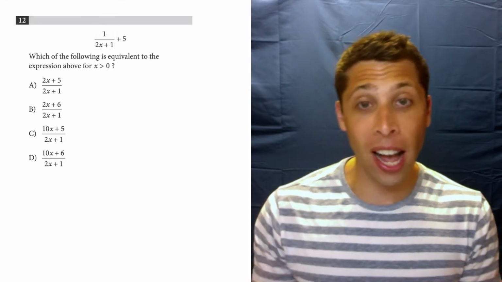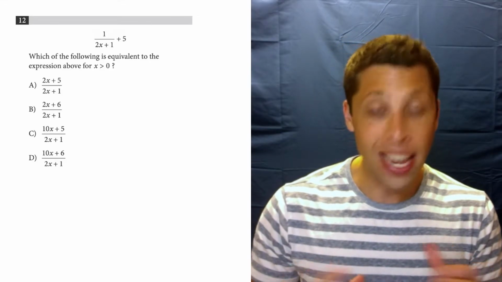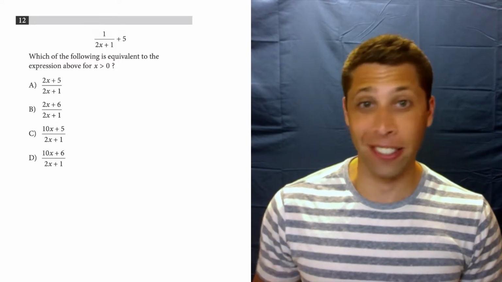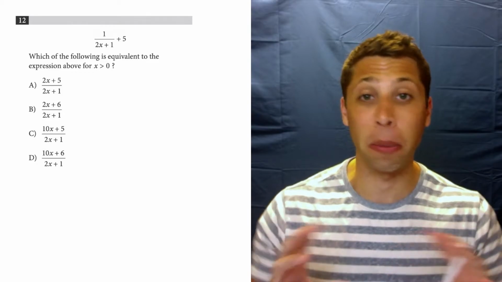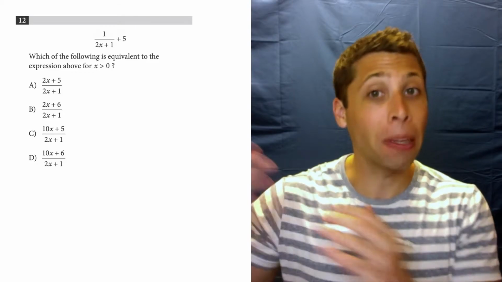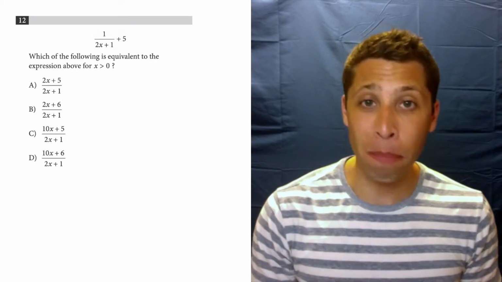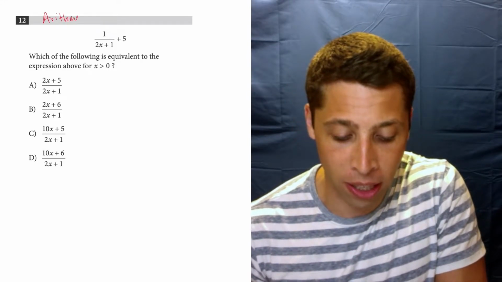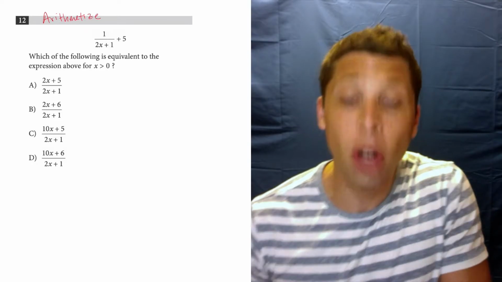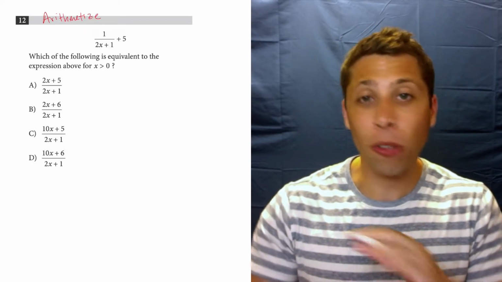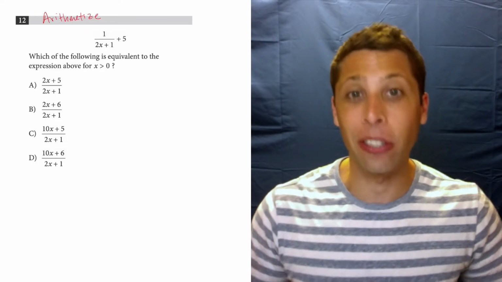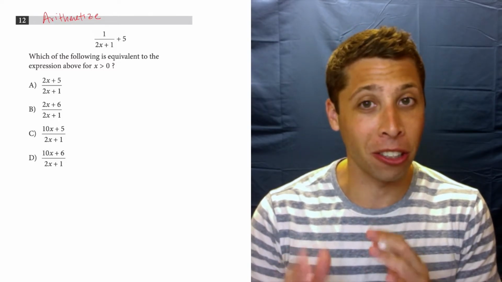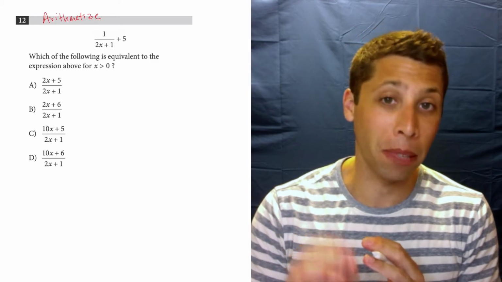So the first thing I notice is that the x's don't matter, right? There's x's in the question, there's x's in the answer choices. The x is just a placeholder. And so we can replace the placeholder with a number and see what happens. That is the arithmetize strategy, and it is so easy, and it works for all sorts of difficult algebra questions. So if you're looking at an algebra question and you're a little confused, see if you can replace the variables